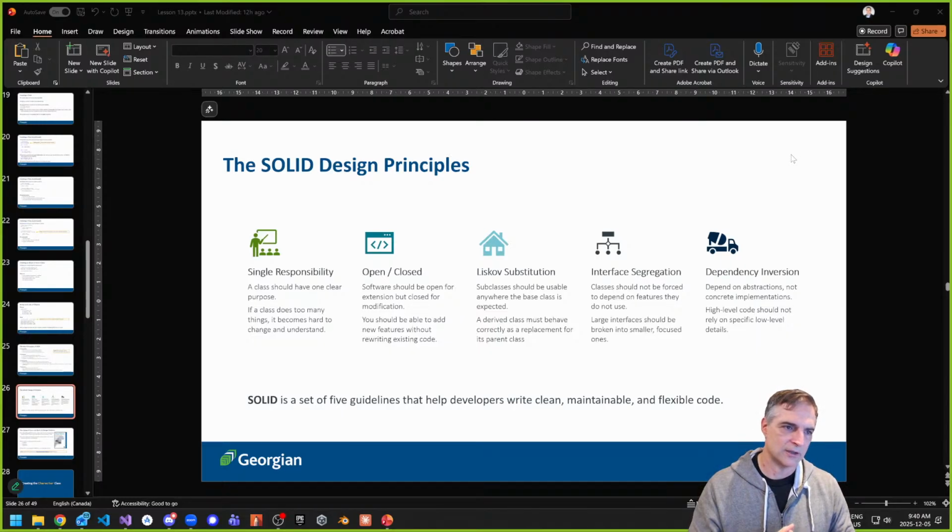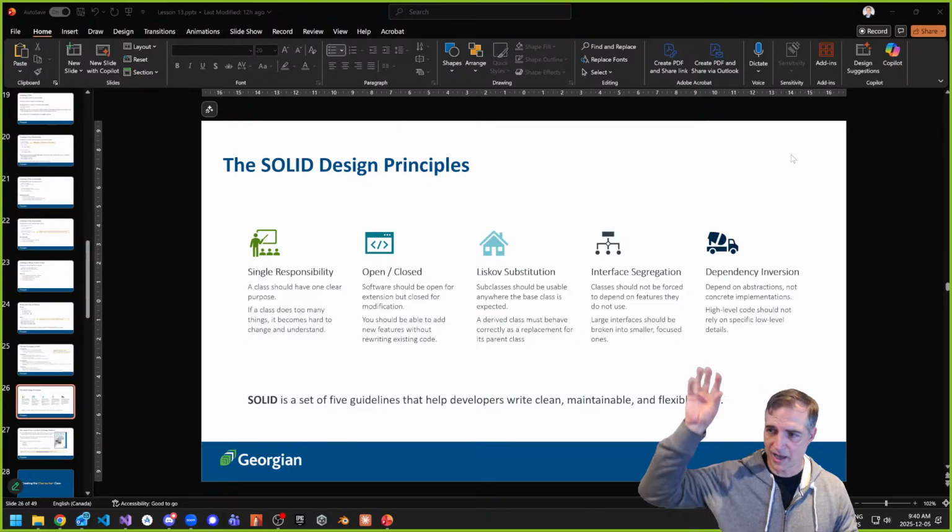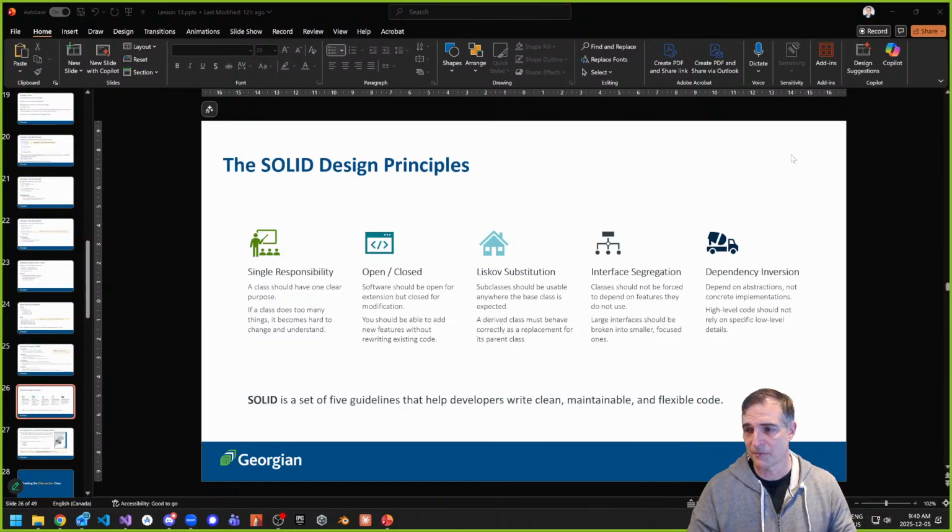Interface segregation is, don't use a lot of dependency. Try and remove dependency from your structures, right? Because again, we have all these high level classes that the low level classes inherit from. There's something else called composition that you're going to learn about in the second semester, which allows us to be more flexible when coding. So this is kind of our SOLID design principles. You might hear about SOLID design principles as well.